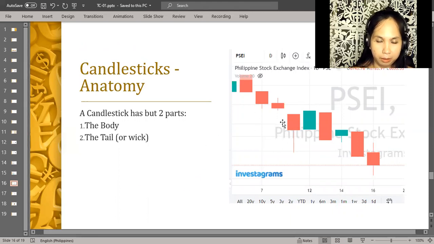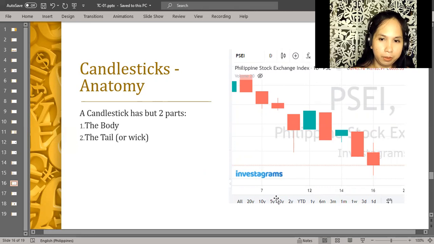Here are some examples on the right side. A candlestick has but two parts. It has a body, which is the solid colored portion of the candle, and it also has a tail. So this is the body, for example, and this is the tail or wick, which are thin lines on the ends of the candle. This is a wick, this is a wick, and this is a body, full body. It's possible for a candlestick to have no tail or no body at all, and that's what we will cover later on